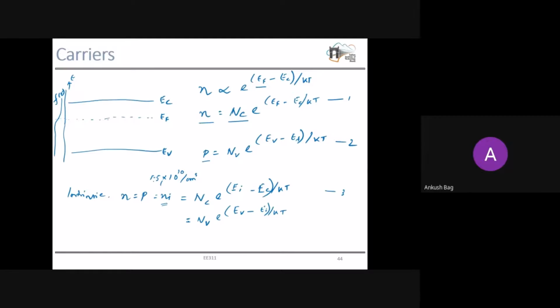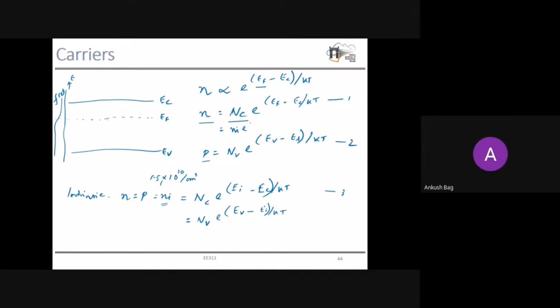Now, this particular value, how many electrons are available in a silicon semiconductor without doping, we can easily calculate, or simply use some tool and get this carrier concentration. That is why if we write these two equations in terms of Ni, it will be easier for us to once again calculate or understand these terminal characteristics. So now if we write this equation in terms of Ni, it will look something like this.